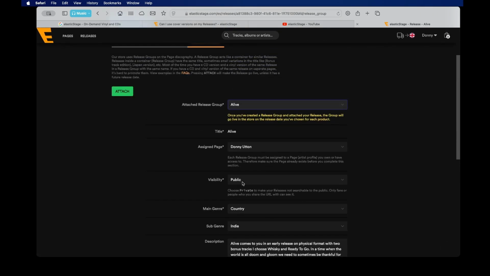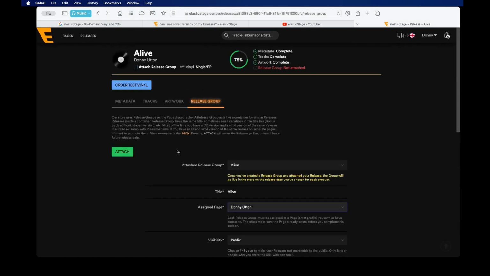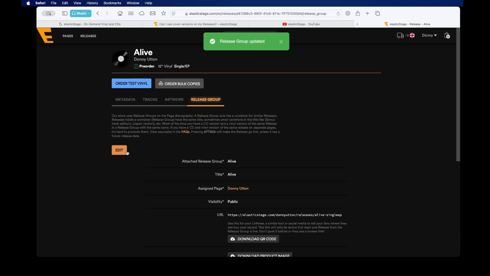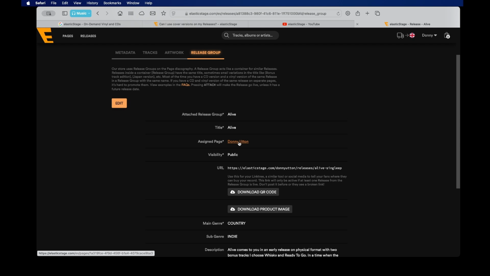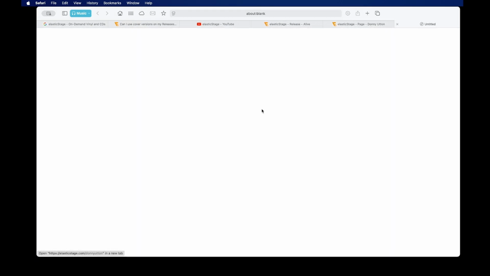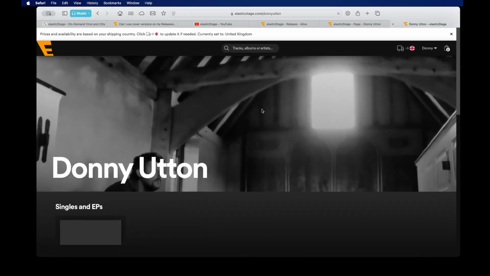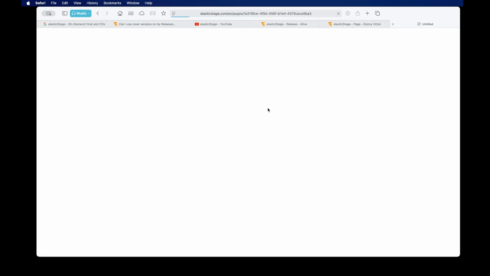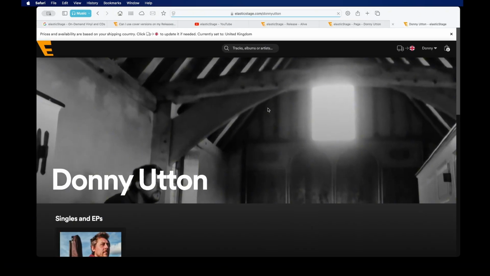And then we've got, do I want it public or private? What page? So it's going to my Donny Utton page. We'll assign it to that. And that is it. So what we do then is click attach. This is going to attach it to that group as a release group. And what we'll see happen now is if I click on my Donny Utton page, the artist page, it should generate. So if I go to my elasticStage page,